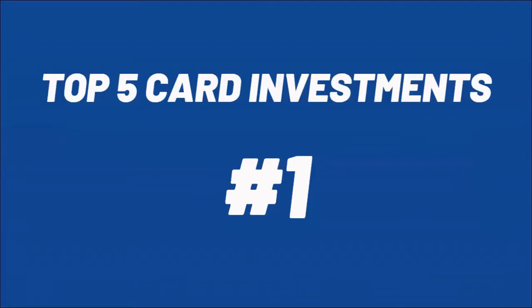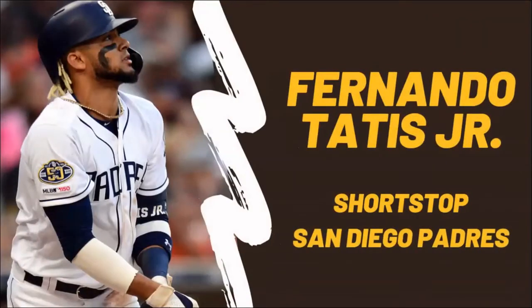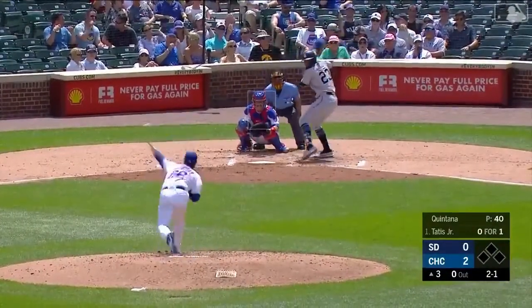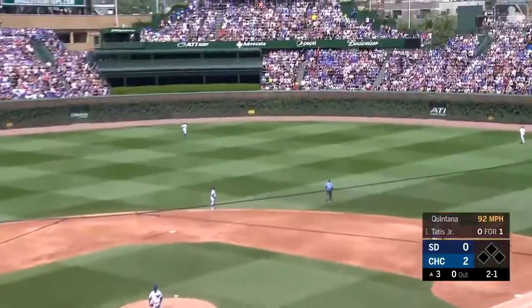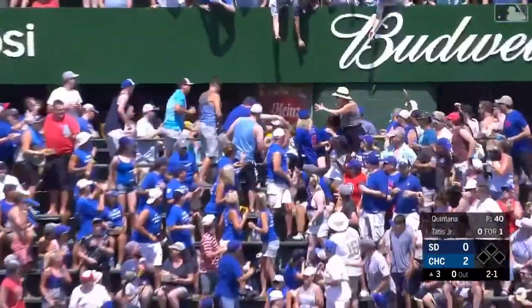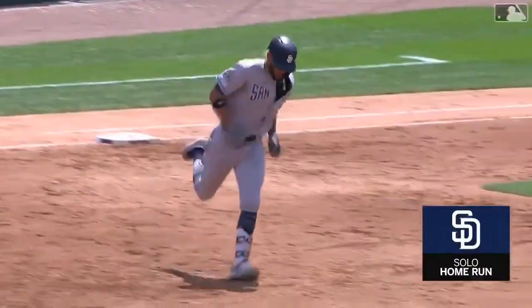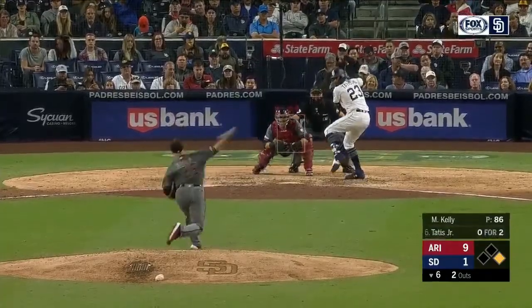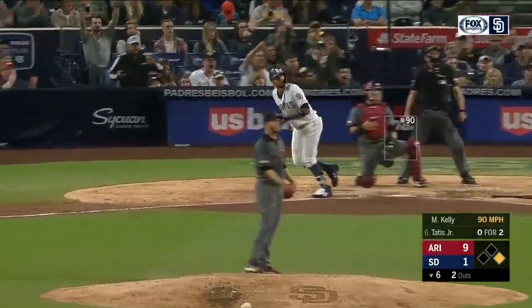So moving on to the number one card investment for this season, for me, is going to be Fernando Tatis Jr., shortstop for the San Diego Padres. Last year Fernando Tatis hit .317 with 22 homers and 53 RBIs. However, he got hurt towards the end and didn't finish the year and missed a good chunk of time, which makes those stats even more scary, as he would have been on pace for a 30-30 season,